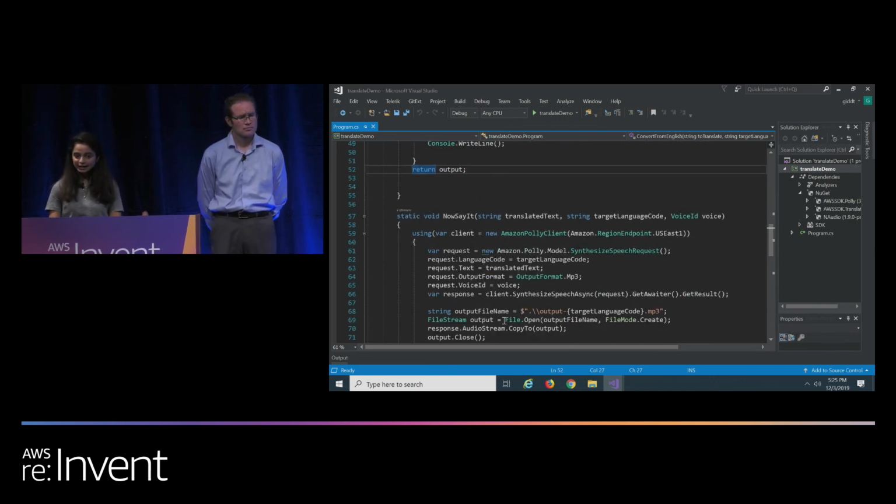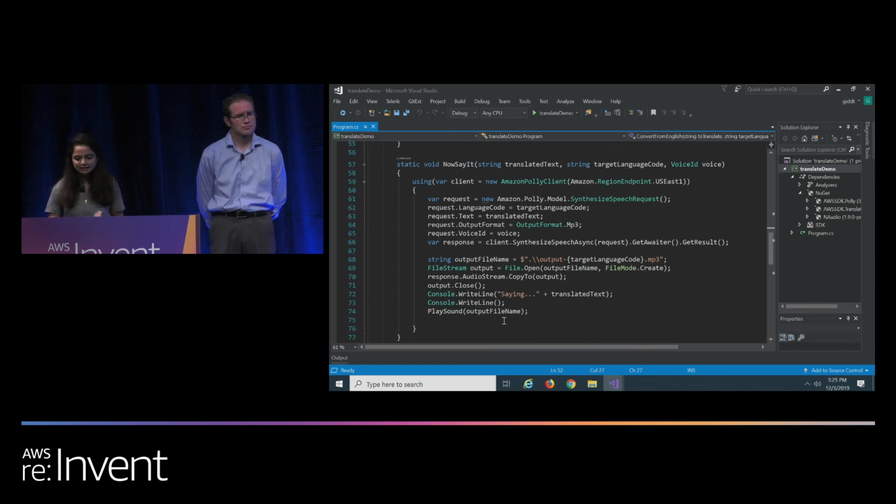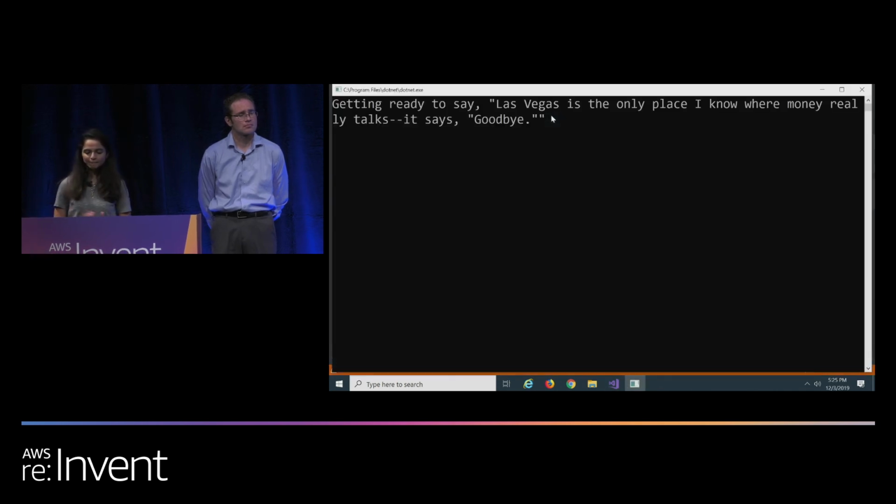And similarly, we are going to use Poly to say it. So first, we translate it, and we give that translation as input to Poly. And Poly is going to synthesize that text to speech, and you provide a voice ID. So every voice has its ID, and you can go and check on a product description page what IDs are for what voice, what languages. You can choose that, and Poly is going to say that. So same thing, all those translations, Poly is going to say it loud. So I'm just going to run this demo.